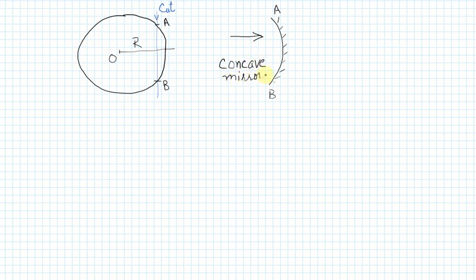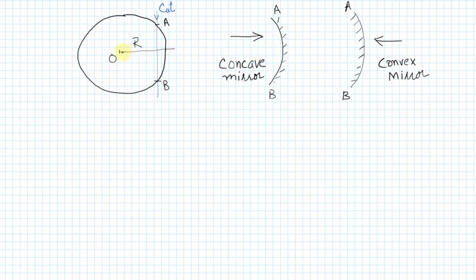And if we do just the opposite, the same piece I'm taking, let's say AB, and this time we polish it from the other side than the previous one, and we view it from this side, it becomes a convex mirror, right? So this is how we get concave or convex mirrors.